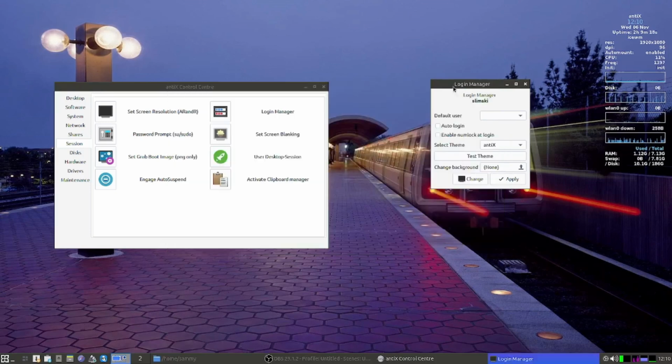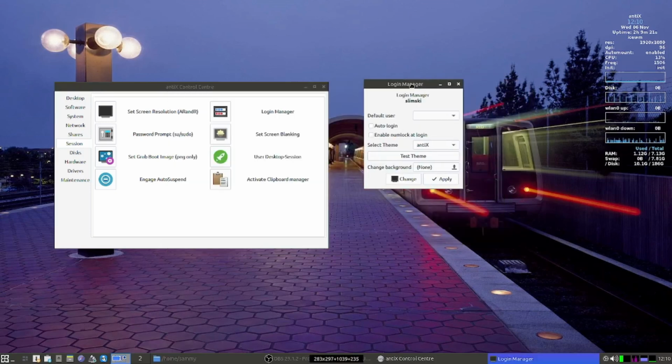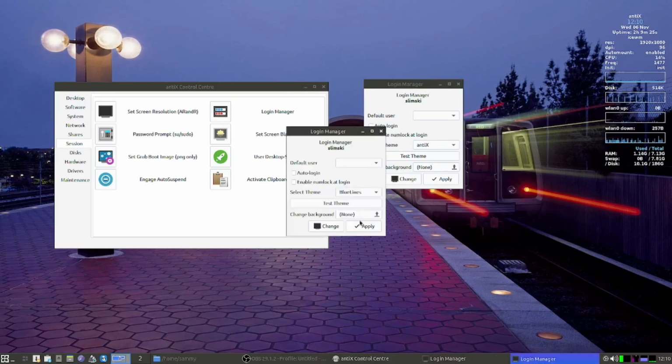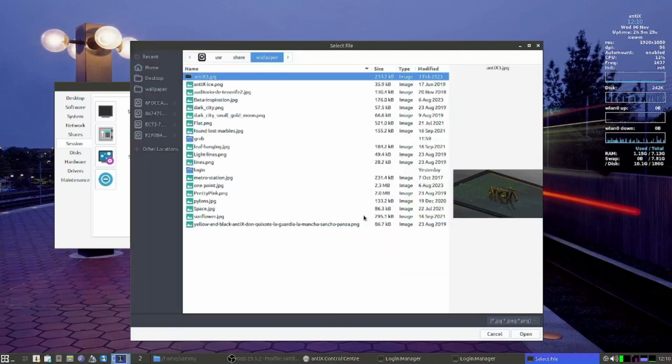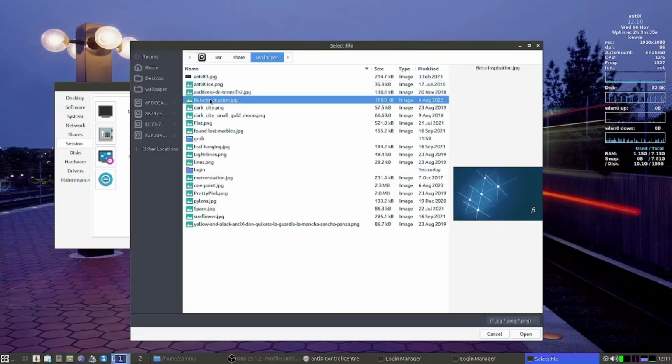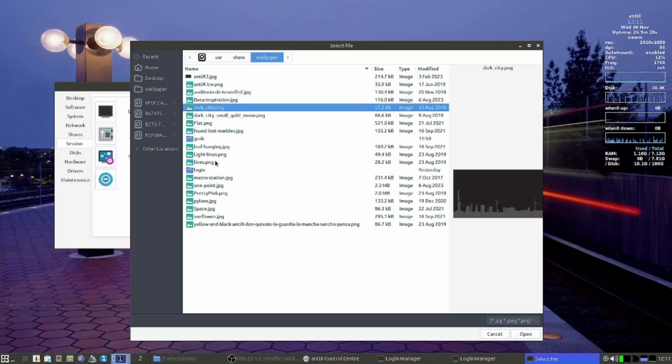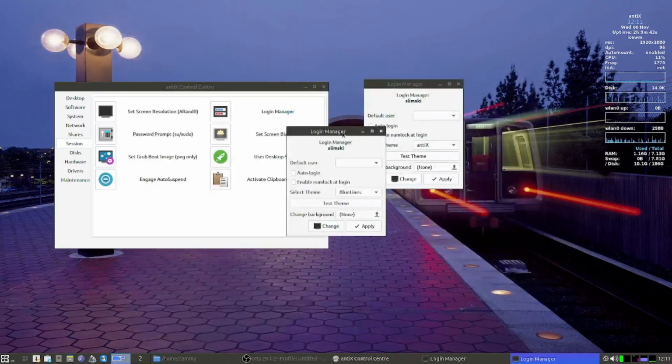Okay. So this is the functionality of the login manager here. You can see it. And also you can change the background. So the background wallpaper or whatever you can say, you can change that also. And if you change the theme, automatically the background will also change according to the theme. So that's it for the login manager features